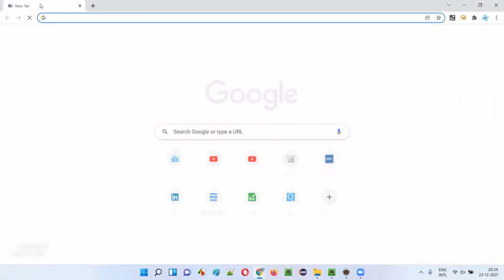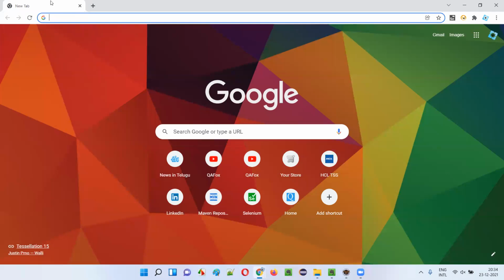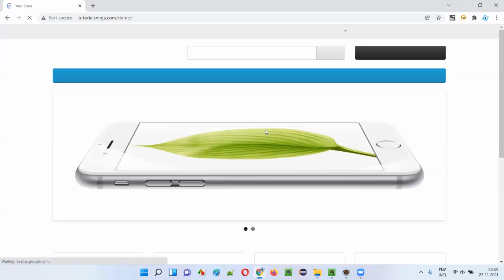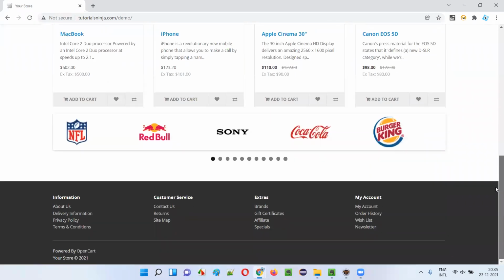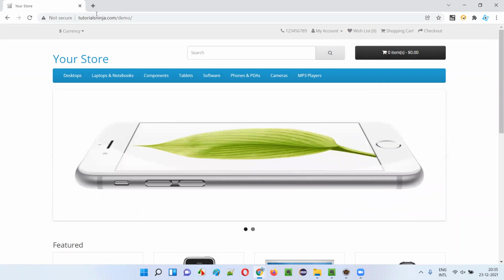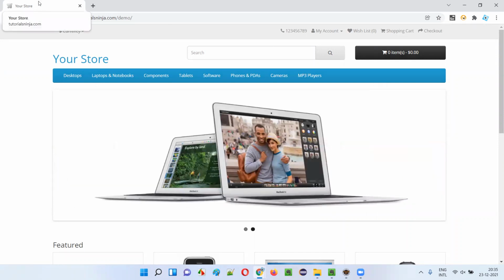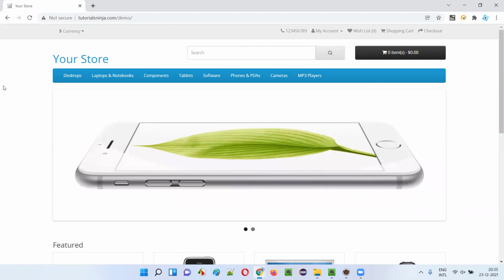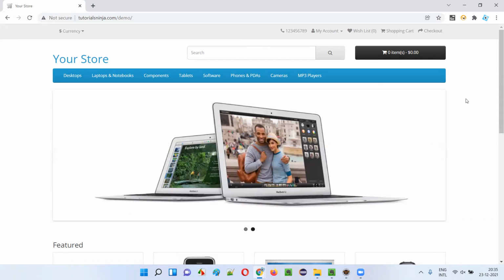Let me explain. For that, I'll open this browser. Okay, this is a browser window, and I'll open an application URL here. Okay, application URL has been loaded here. Fine. Now, this browser window is in which mode? Is it in resized mode or is it in maximized mode? It is in maximized mode.